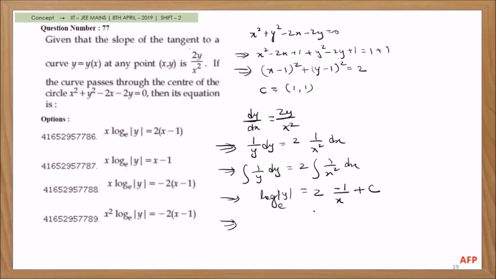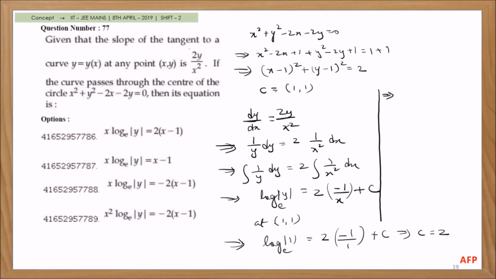Okay, so this implies, this curve passes through the center at 1 comma 1, so you can write log of mod of 1 to the base e, so 2 times minus 1 divided by 1 plus c. So this implies this is 0, so this is you are having 2, so minus 2 you got, if you send it to the other side it is plus 2. So I'll write it here. Okay, this implies, so this equation becomes minus 2x plus 2. Okay, so take LCM,